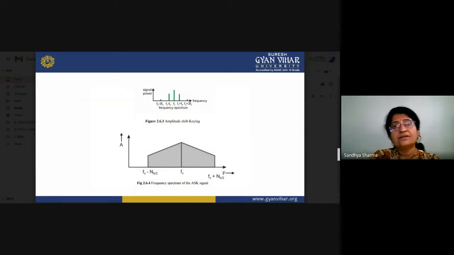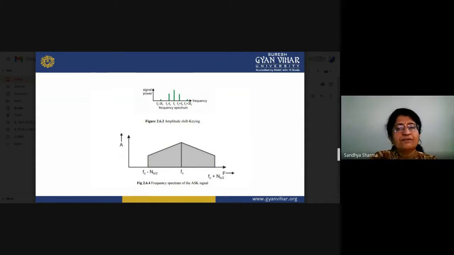There, in the amplitude modulation system, we are receiving two sidebands, upper sideband and lower sideband. That is FC plus FM and FC minus FM. The same thing we can see here in ASK, amplitude shift keying. There is also a spectrum we have to achieve apart from the modulating signal. So again we are achieving FC plus FM and FC minus F0. Either it will be called a fundamental frequency or you can call it the modulating signal.